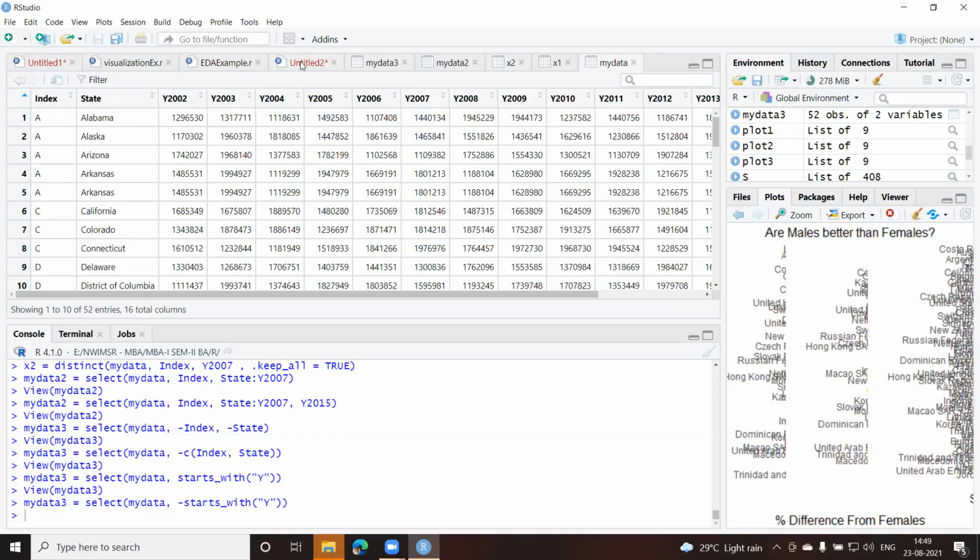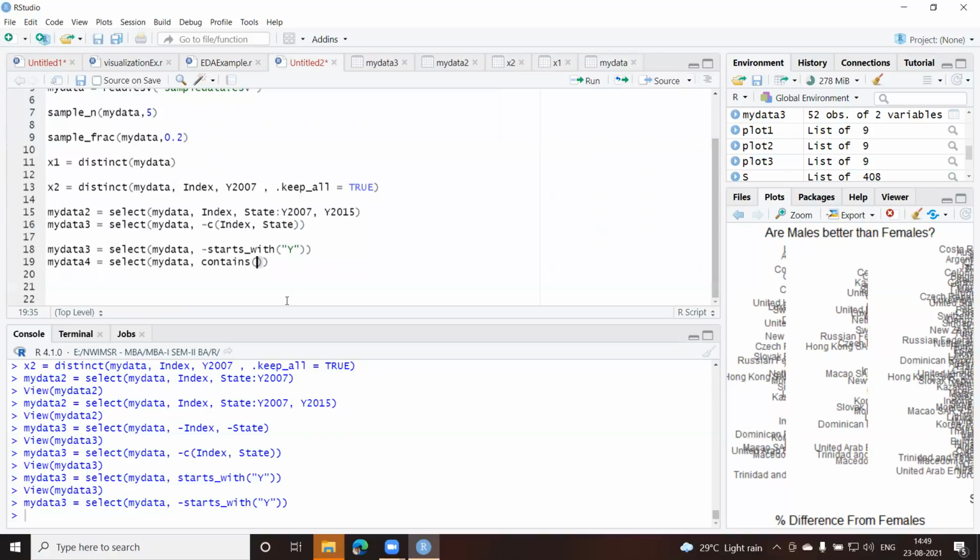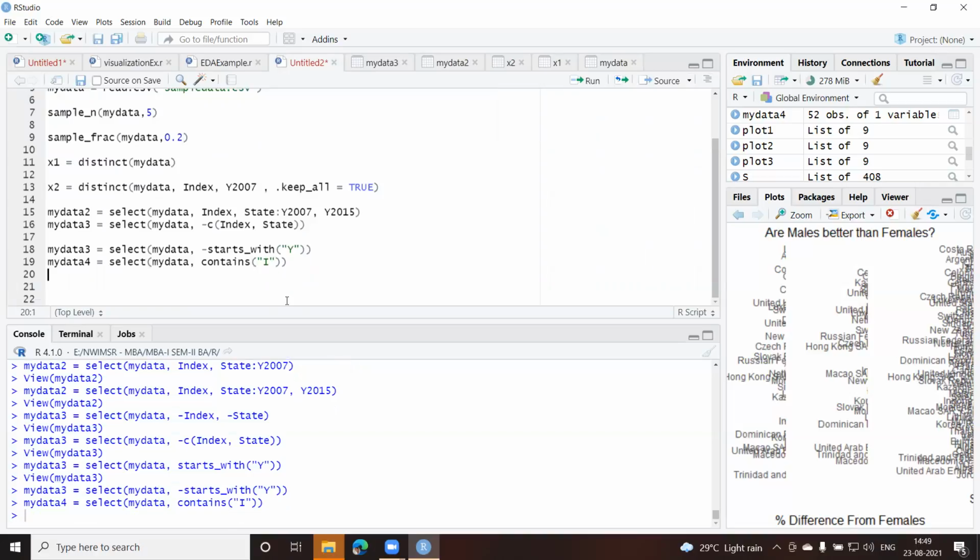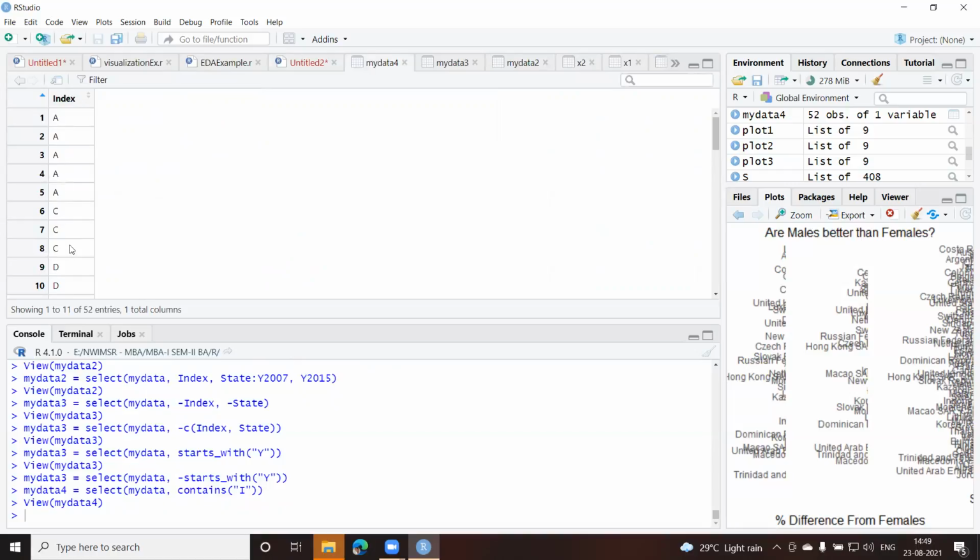So let us see whether it gives me only the index column. I can give in double quotes, I. When I run this one, now I'll get only one variable, only the index column, 52 entries and all the characters.